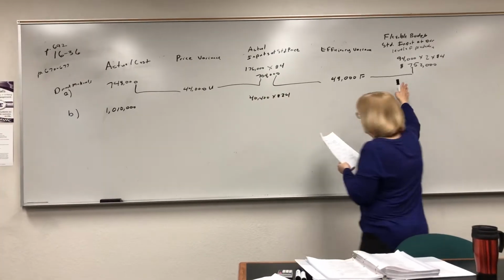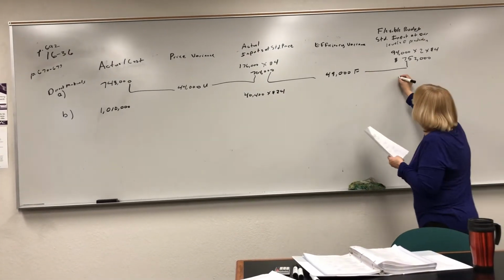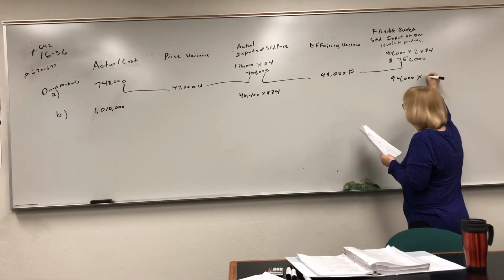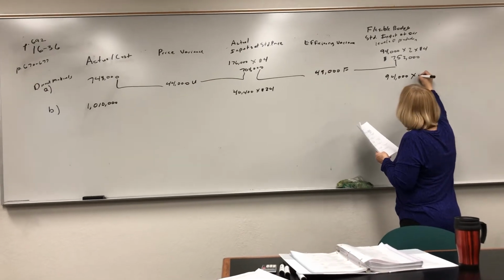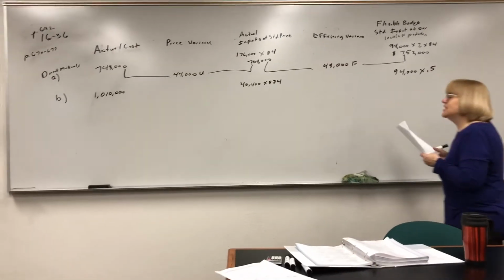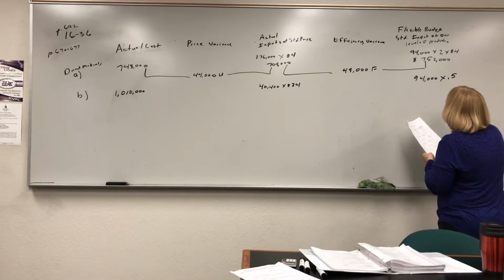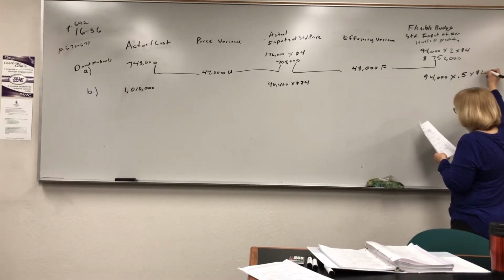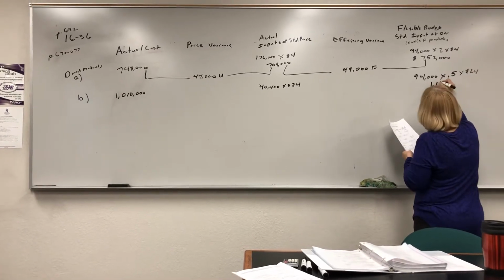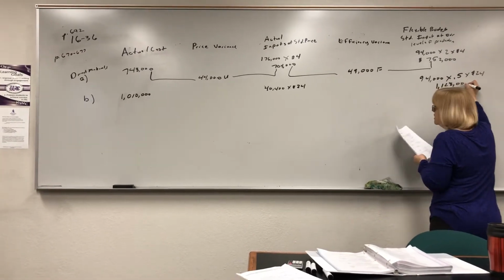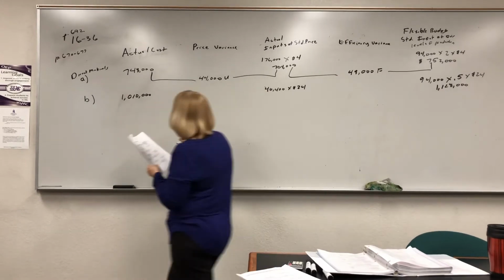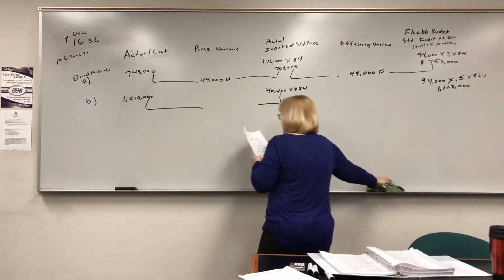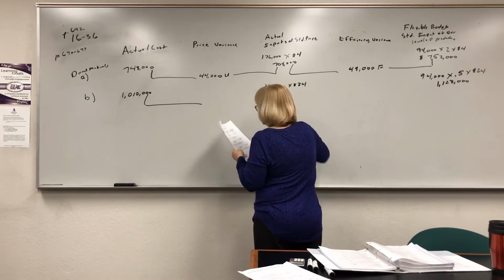And then over here, our flexible budget, so we had 94,000 units produced times the $24 times 0.5 hours, which is our amount of labor per unit, times $24 an hour, gives us $1,128,000. So now to get our variances, our price variance, work this one out. This gives us